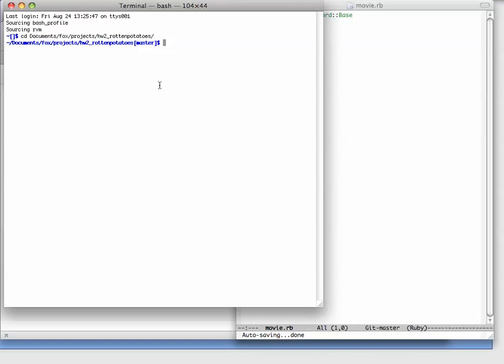I've also cloned the repository onto my local computer, and the first thing I'm going to do is create a new branch so that I can add a new feature where we're going to add reviews to our database. So the first thing I'll do is create the branch, and then I'll use git checkout to switch to the